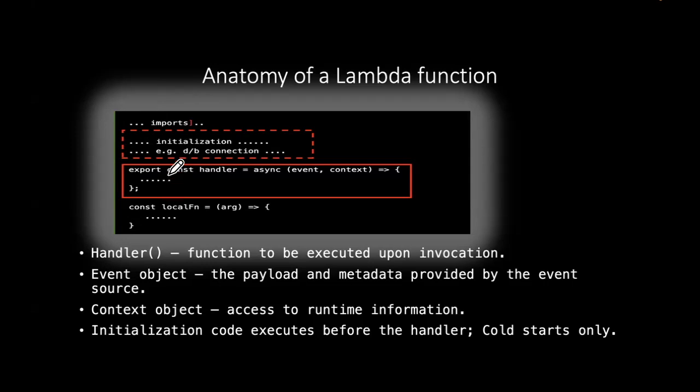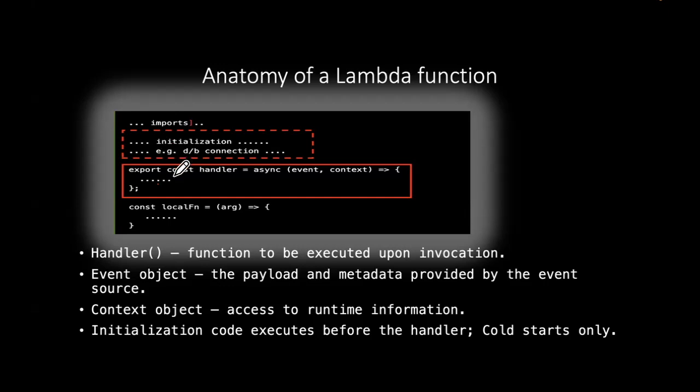The handler code is really our Lambda function. That's where we have our processing going on, if you like. The initialization code, typically what goes on there is if you need to create references or clients for other services that our handler will be using. The simplest example would be supposing this handler needs to communicate with a database, let's say a DynamoDB database. Getting a connection to that database, that code goes into the initialization part.